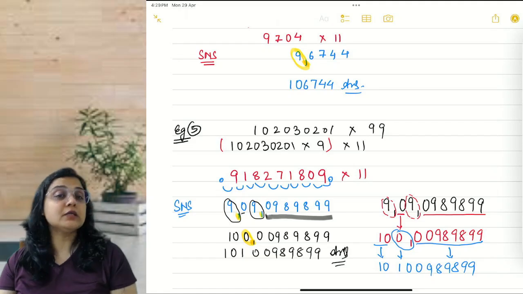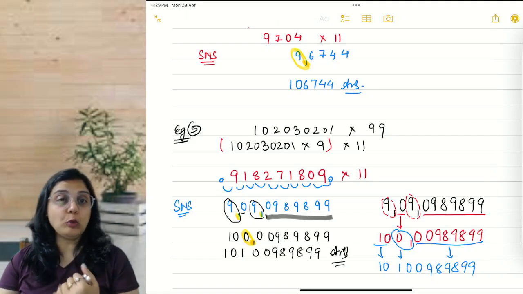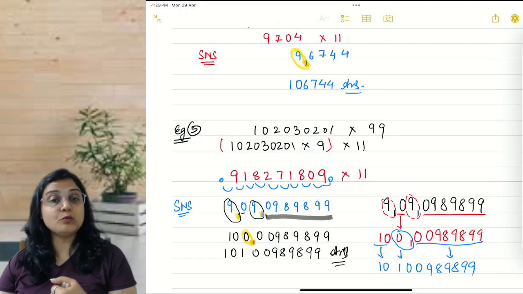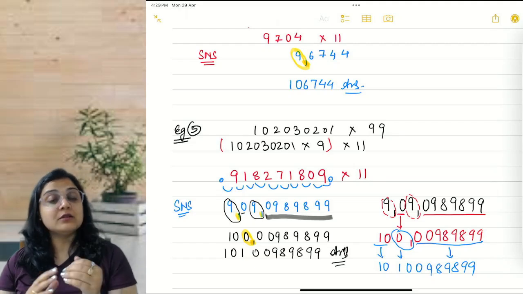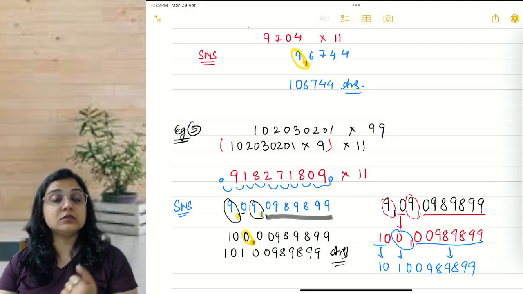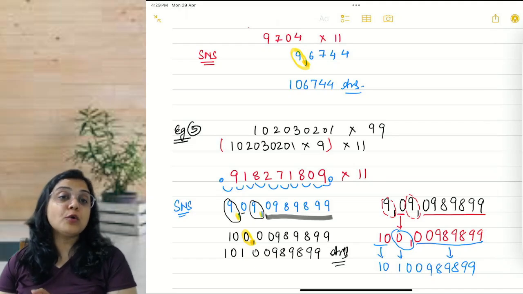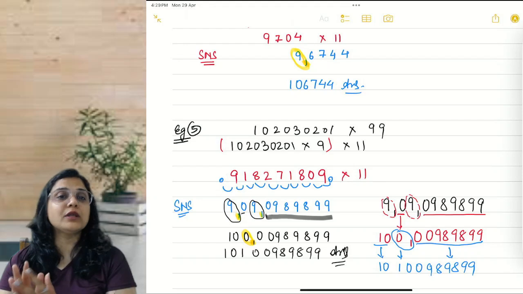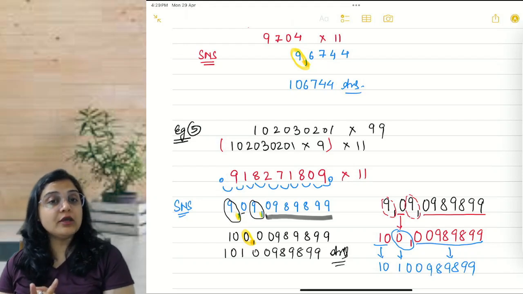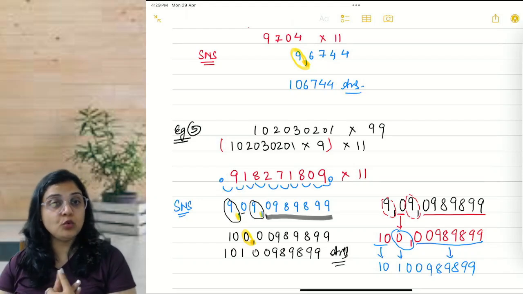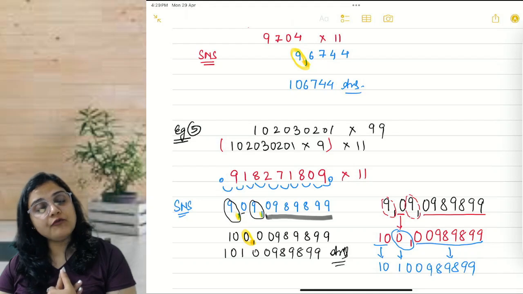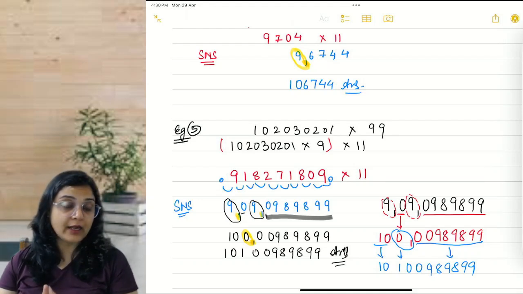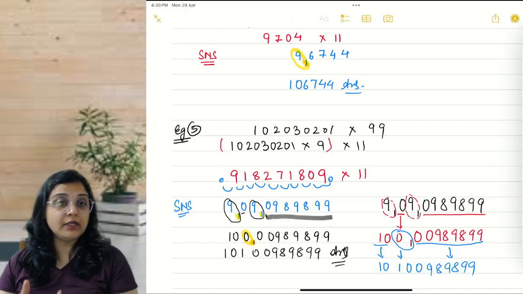Now you must be thinking that, ma'am, you have not covered 121 and 132 and so on. So this is my request to you all. This is high level, this is intermediate level. But I'll say that the way I have explained it to you, I'm sure you can crack that also. So if you are willing to do those questions, just try a few questions and check your answers. I am sure you would be able to do that, and if not, then wait for the intermediate course.